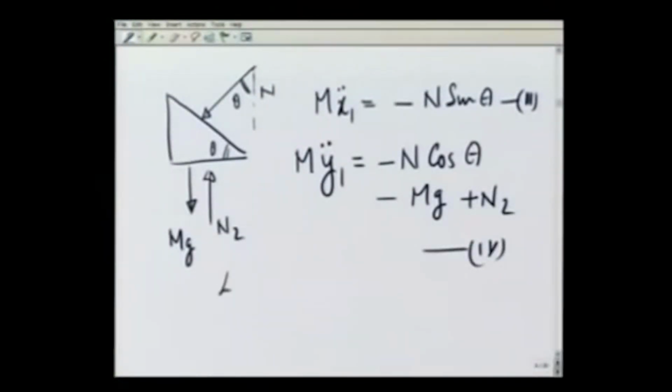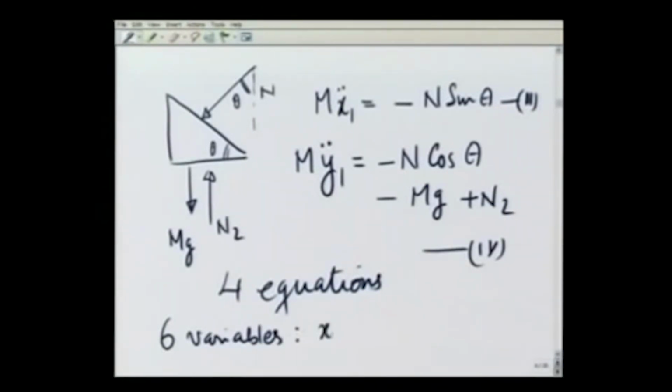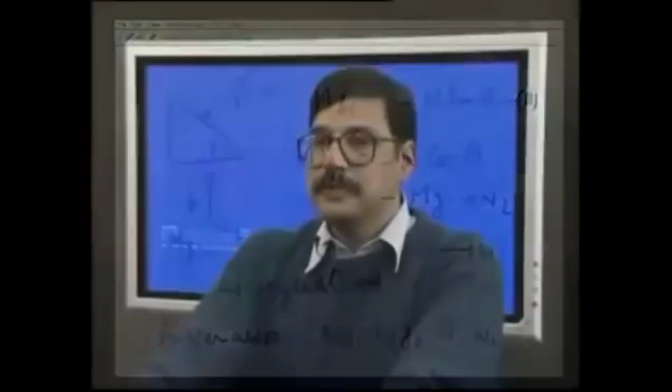I have 4 equations and 6 variables, which are x1, y1, x2, y2, N1 and N2. As expected, because I have not yet taken the constraints into account, the remaining 2 equations are given rise to by the constraint equations. What are the constraint equations? The constraint equations are